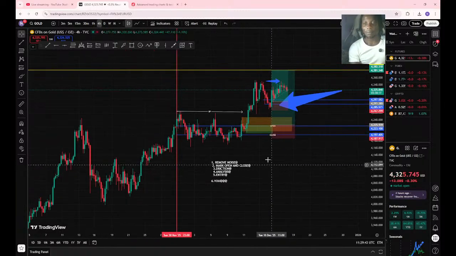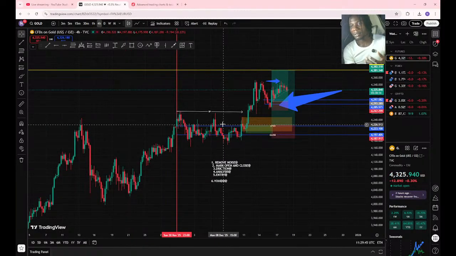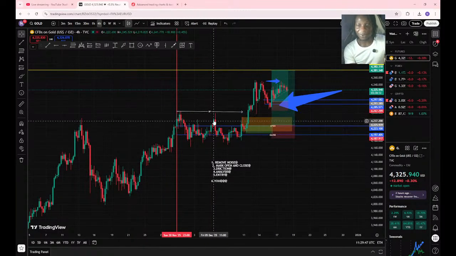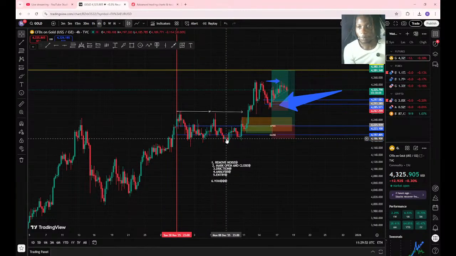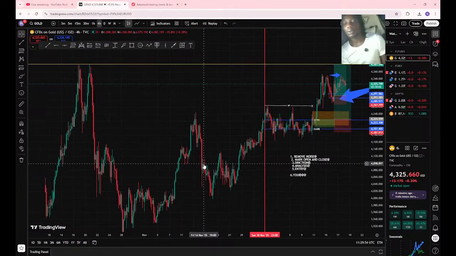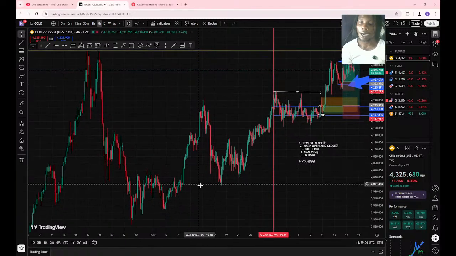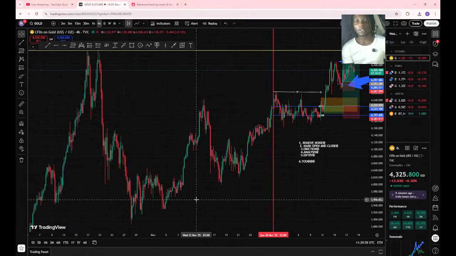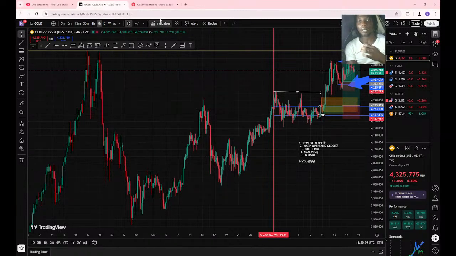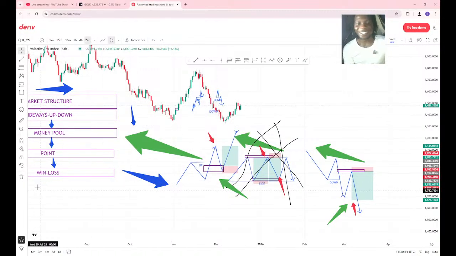Then yes, market structure. Remember, like I said, I always do this the same way, up or down. I don't confuse myself much. Okay, so let me show you guys how you can actually focus on market structure and the time frame you should be looking at, or how the time frame syncs with the structure point. Okay, remember, let me go back to our whiteboard. I think I need to erase this now.